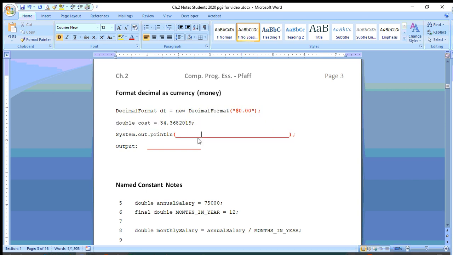You can obviously use this in a concatenation situation, but I'm just going to demonstrate this with a simple variable call. If we were to just print cost, the variable cost, it would print 34.3682019. But we want to format that as a currency, and so we're going to put